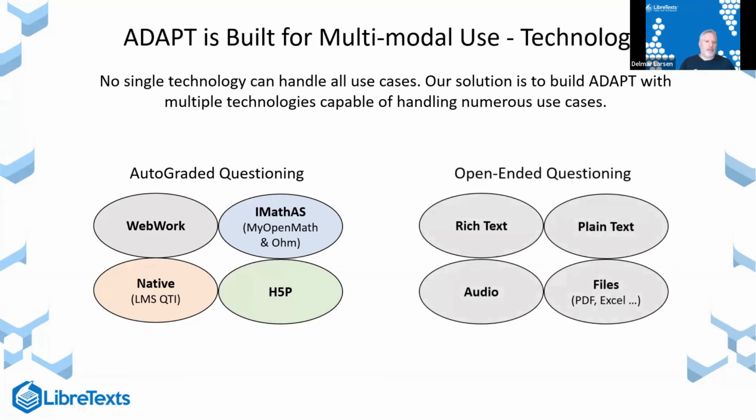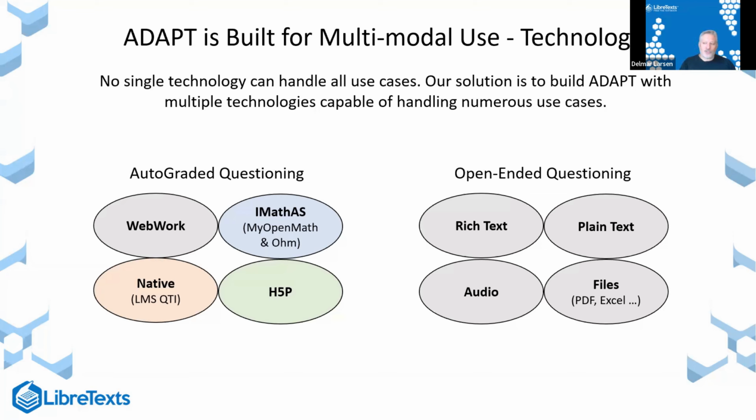So as a big picture, the questions we have are separated into two general categories. The first are questions that are auto-graded, where the computer, and I'm using the term the computer very loosely, I'll define that in more detail momentarily, grades the student submissions. It determines whether it's right, wrong, partial credit, and does all the stuff that many of us would want our homework system to do. The other side is open-ended questions, for which there are no existing technologies to evaluate them, and which require humans to evaluate.